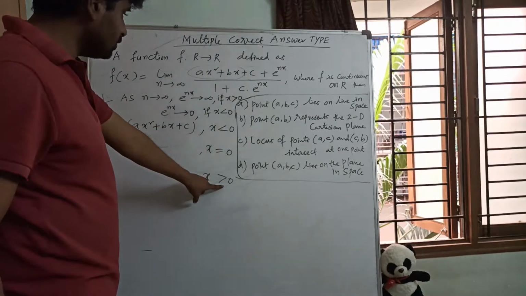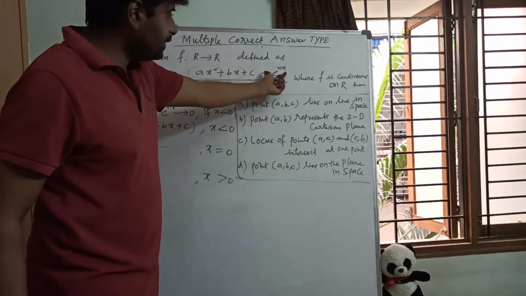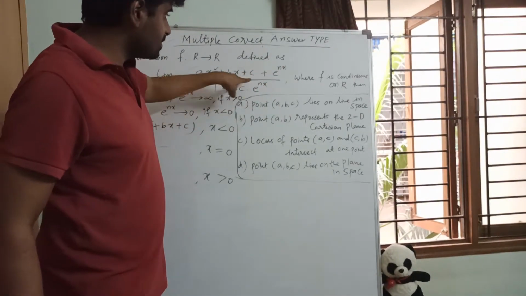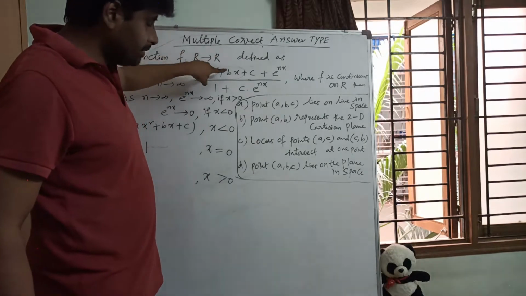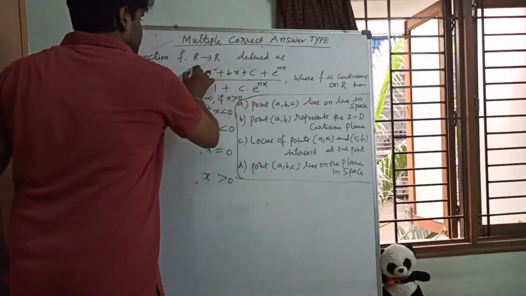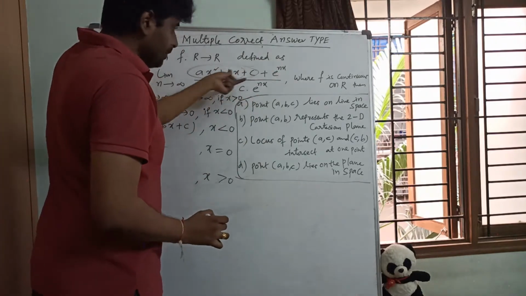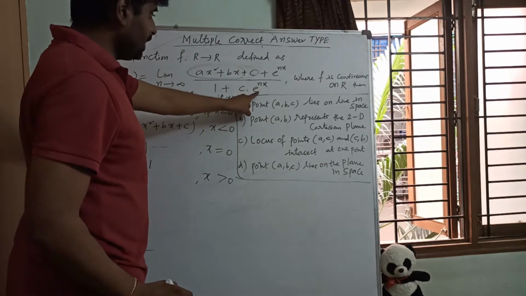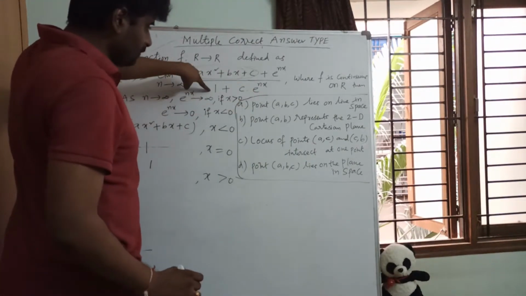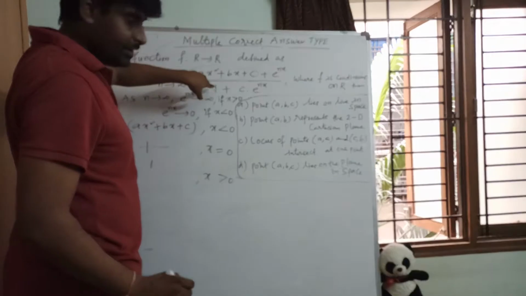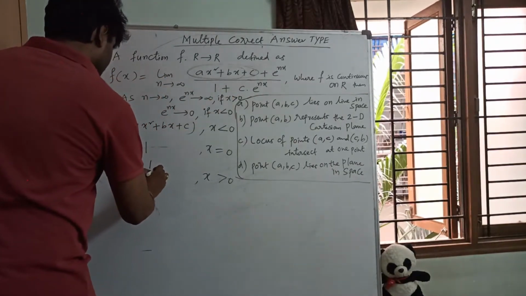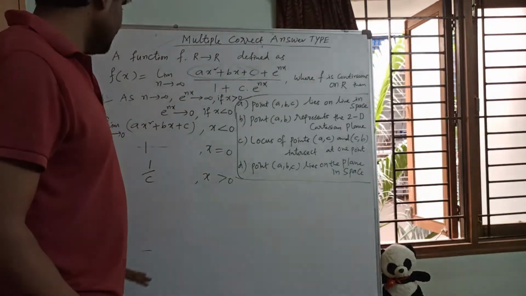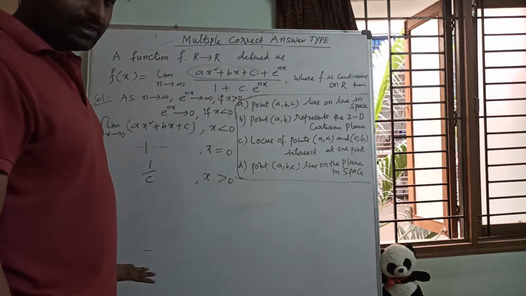Now x greater than 0. Whenever x is greater than 0, here infinity will come, so that term we should take out common. If you take out common, that term comes down. Then something by infinity, this part will be 0, this part will be 0. This one by e power nx, here 1 will be left. So this part comes down to 1, this part will be 0, 1 by infinity, and this is left, c, so 1 by c. If you are able to redefine or rearrange the function properly, then the solution will be easy.